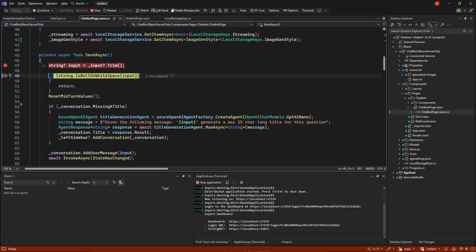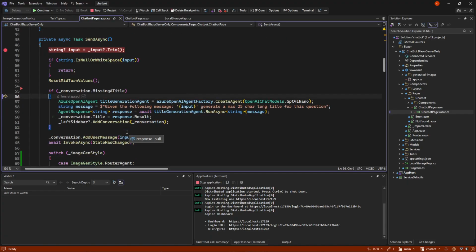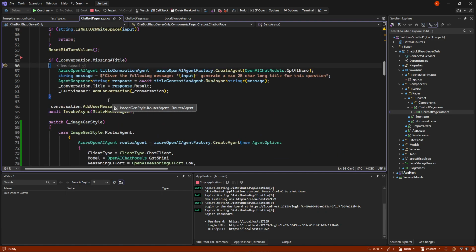So we get our input, that's okay. We get our setup of the missing title. I've moved this up a bit so it happens before we figure out if we want to go into one of the other modes, because no matter what, we need to generate a title, so that's okay.